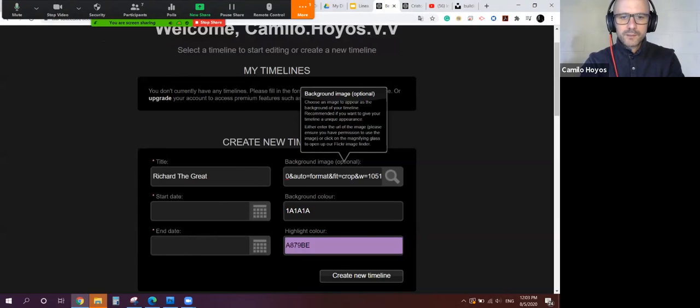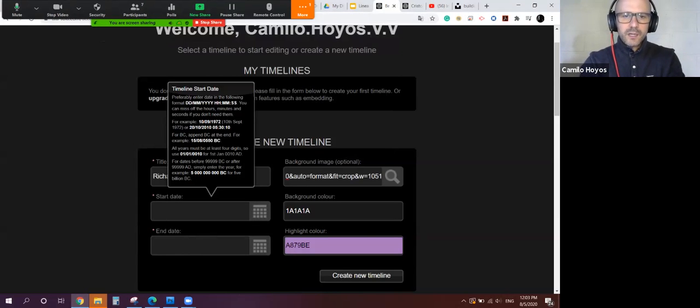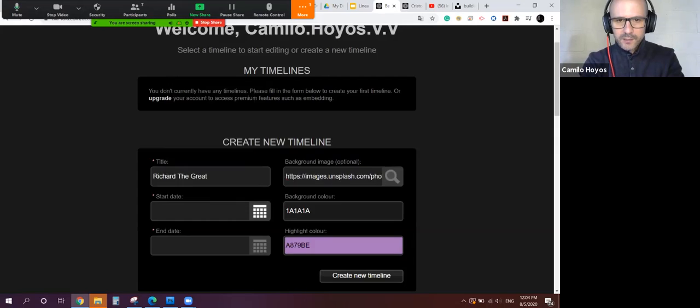Now start date and end date. As you can see, when you stand up on it, it also shows you the instructions. So if you forget something that I'm saying, you can actually read the instructions and that's not a problem. Now start date is exactly the time when your story is going to start, and the end date is the last date. So don't put the beginning of the last date, just put the total end of whenever you want to finish your story. So let's say the start date is going to be,